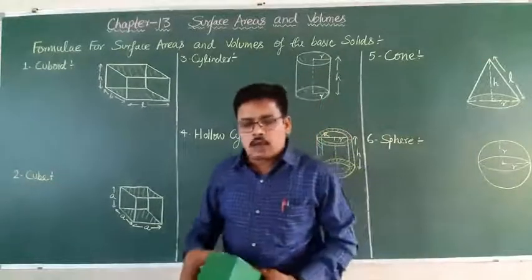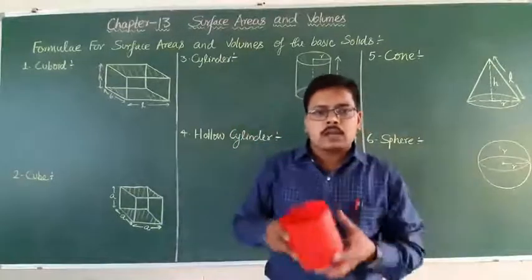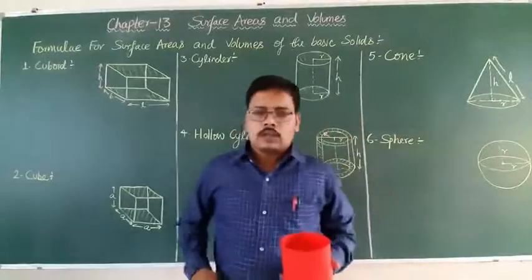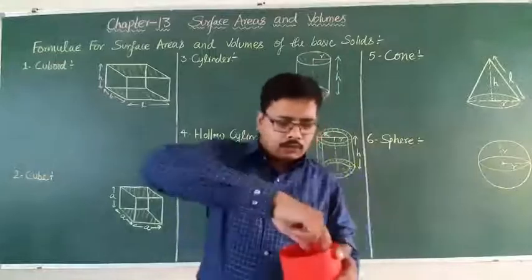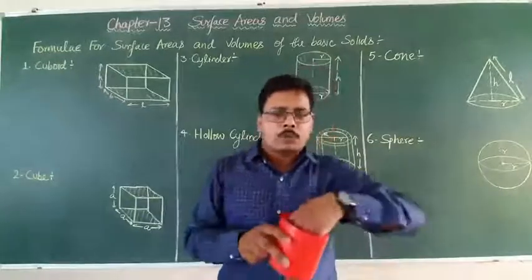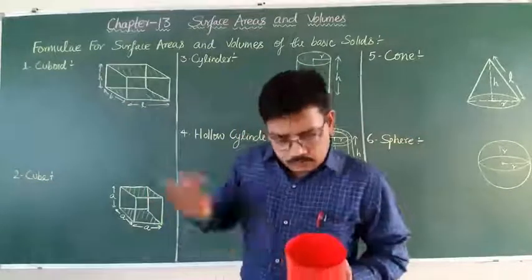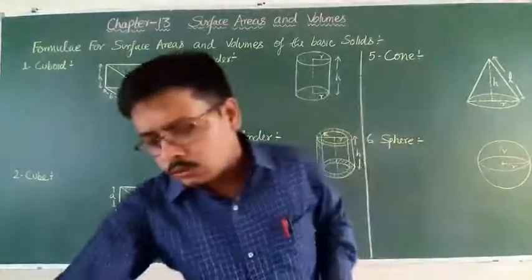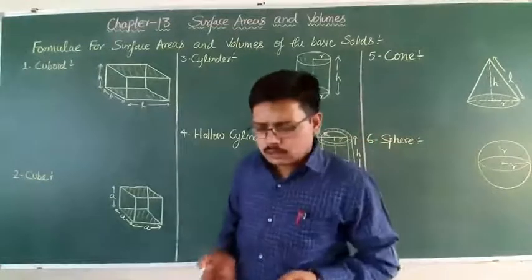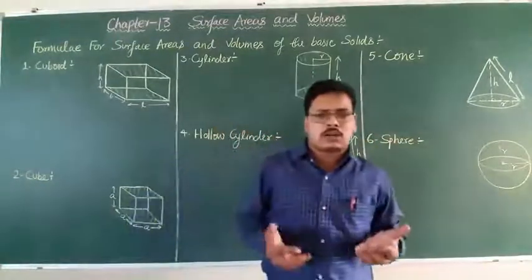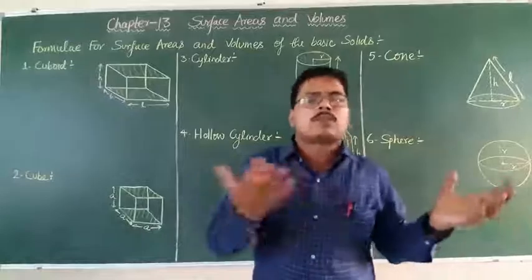Okay. Now students, for the volume, the measurement of space occupied by any solid is called the volume of that solid. Suppose this is the solid, the amount or measurement of space occupied by this solid is called the volume of this solid. In class 10 students, you have studied the surface area and volume for the combination of solids, combination of two solids or three solids. In daily life you see lots of figures, shapes and objects which are a combination of two solids.